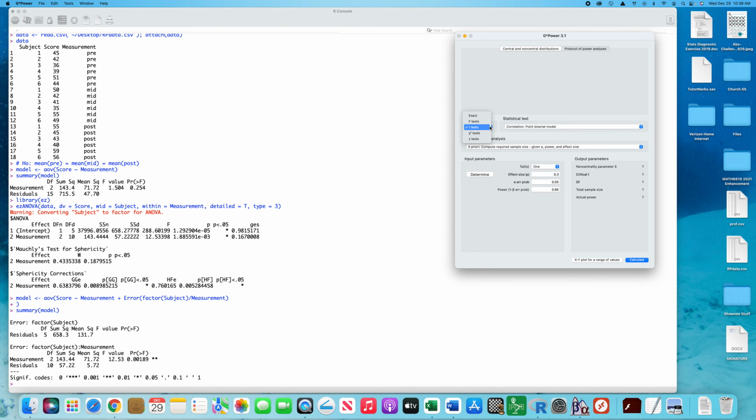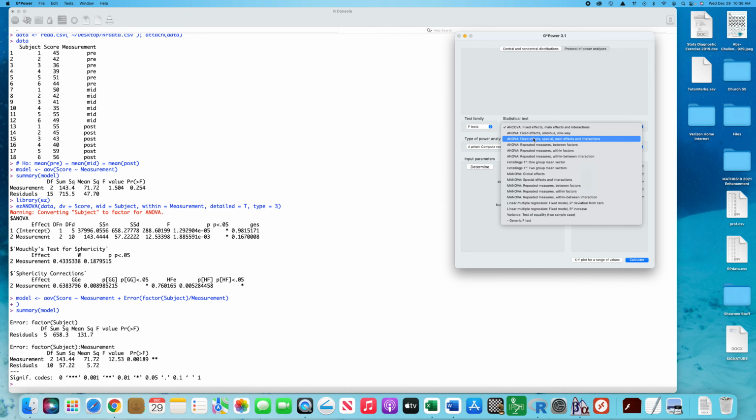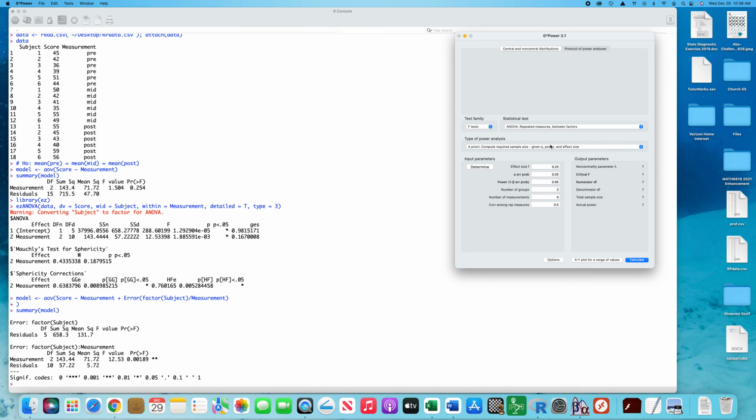Now, we're living in the ANOVA family, so there should be no debate on what family we use. And we want to get into a repeated measures, between factor. Now, here's the issue starting out. We have an effect size, but notice it's the F effect size, Cohen's F. And we're actually given the